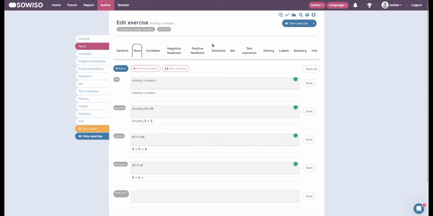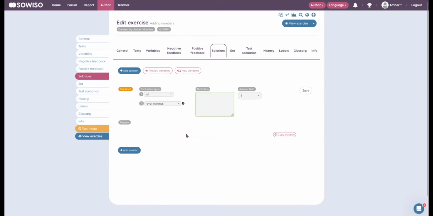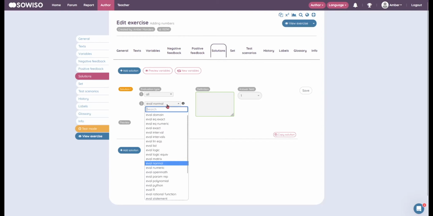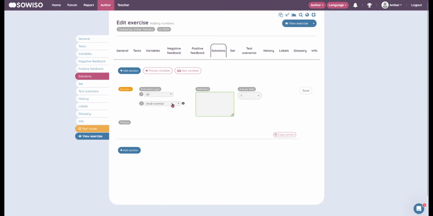And to do that, we go to the Solutions tab up here. And we have to input the correct solution to the exercise. And to do that, we first have to select an evaluation type to compare the student's answer with the correct answer. As you can see here, there is a whole list of evaluation types, which are all explained in the Help Center, but we will use the default one, which is eval normal. And the way this evaluation type works is it will compare whatever is in the definition field here with the student's answer, and if these two values are mathematically equivalent, then the computer will say that the student's answer is correct. So if I type 8 here, and I view the exercise,